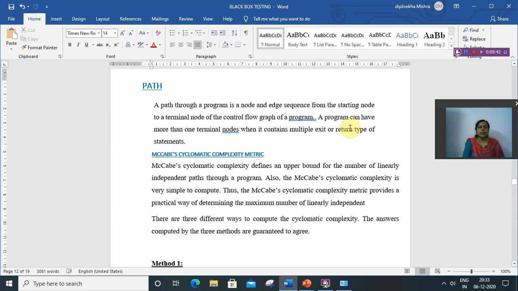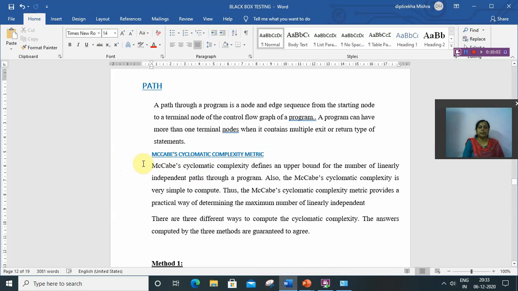To calculate the linearly independent paths, there are many metrics, and McCabe's cyclomatic complexity metric is used to calculate the linearly independent paths practically. So let us discuss McCabe's metric.